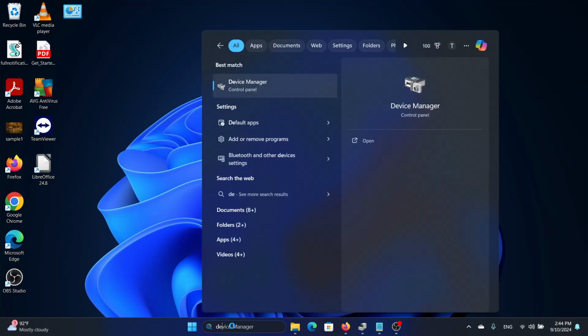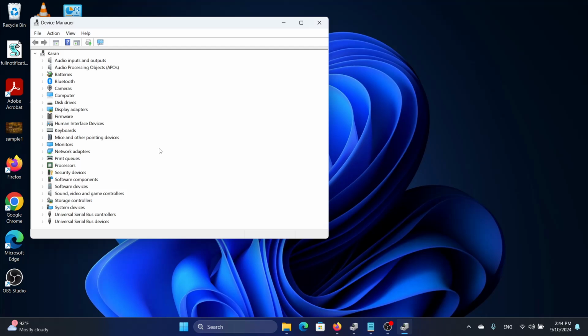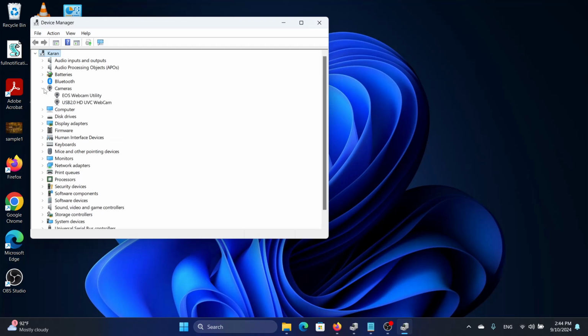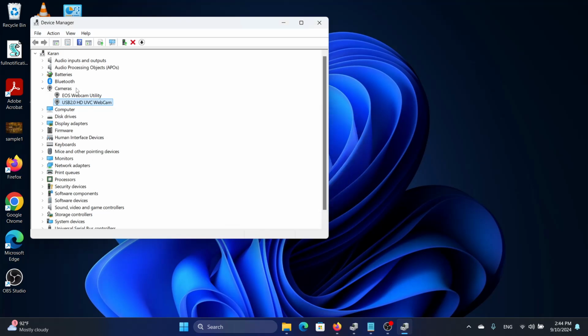So we will go to the device manager and we will look for the device drivers. Now for example, I have disconnected my camera, and now what I need to do is plug in the camera, and once I do that I will click on the camera here and then click on uninstall device, uninstall, and then once it uninstalls you will